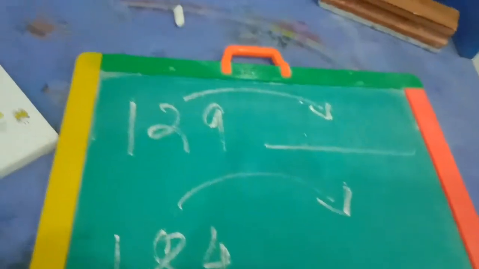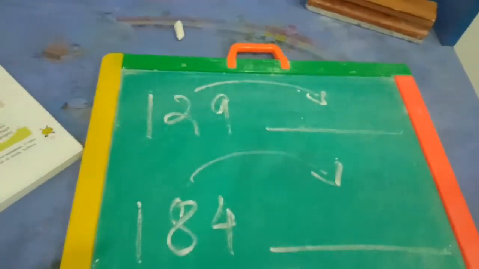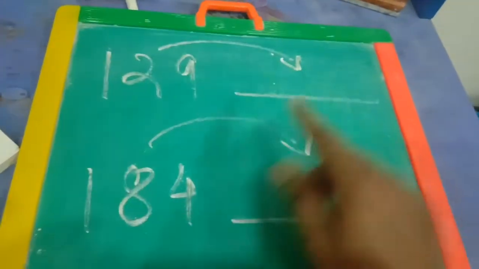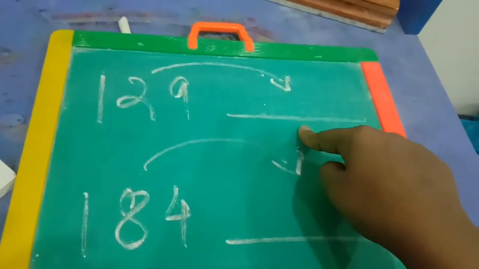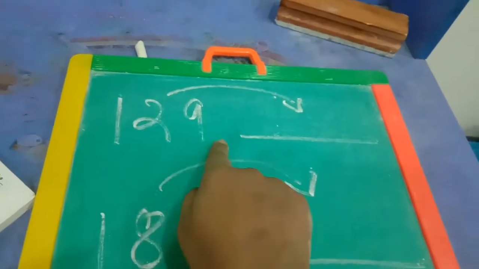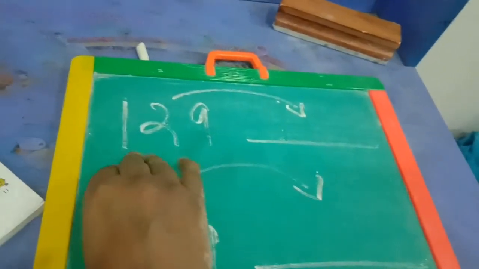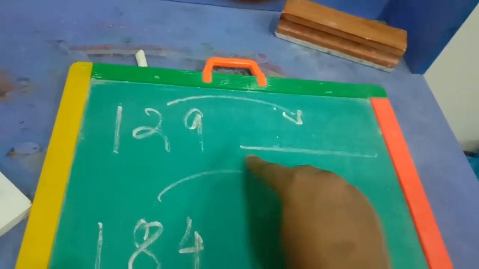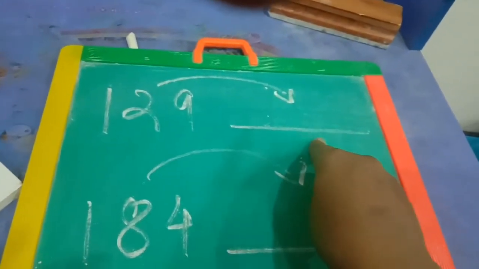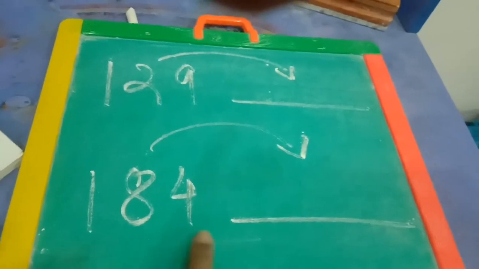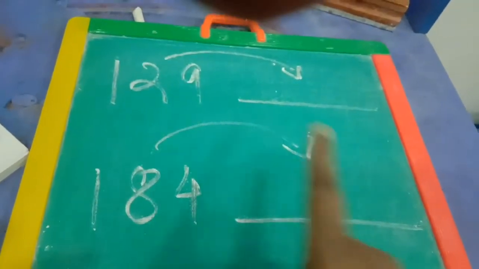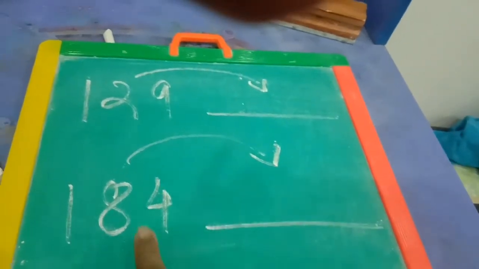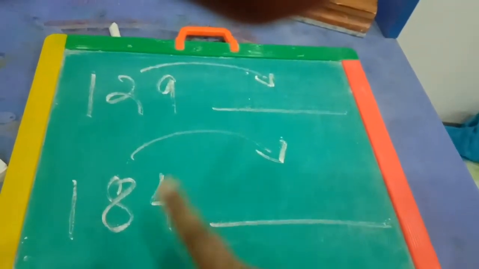Now we come to the next category, that is after numbers. First of all you will observe that in case of the after numbers, the given number will be placed in the first position, and the required answer, that is the blank, will be given after the number. So in the first position we got the given number, and in the next place you will find a blank. So this is the case of the after numbers.